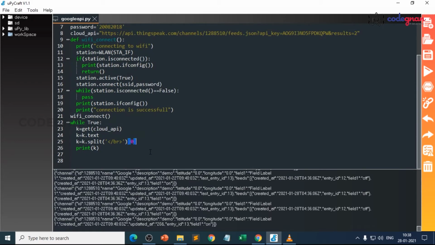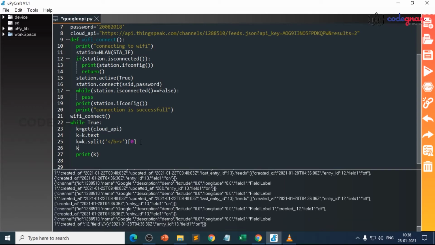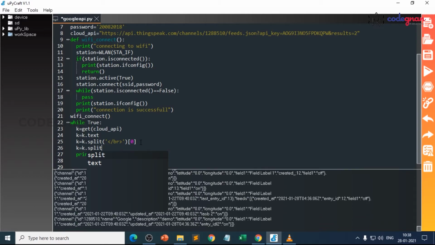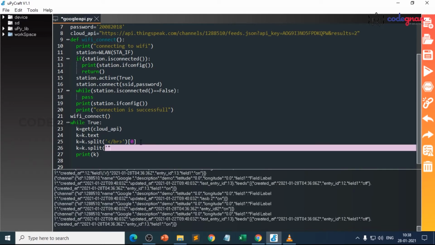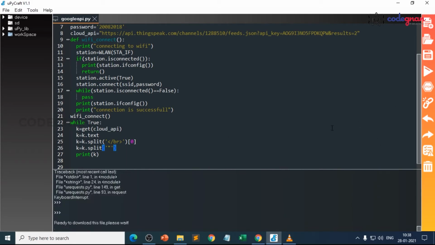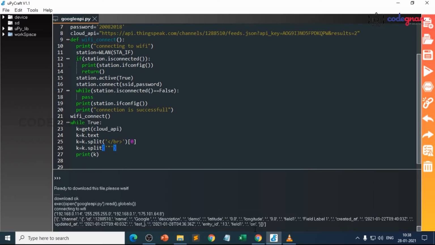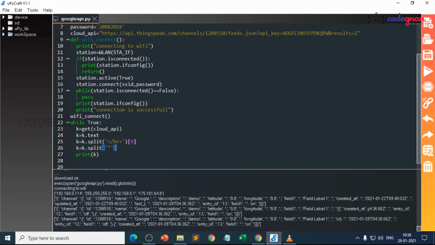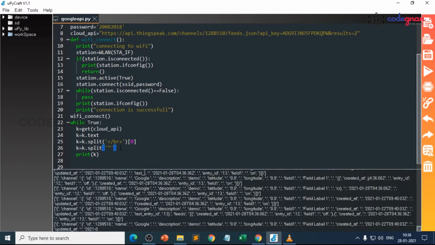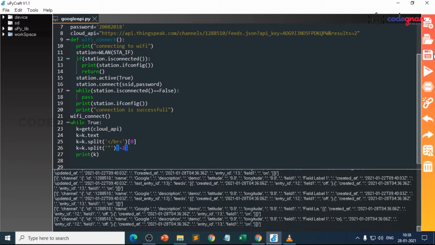Now split this one with the help of double quotations. Here a lot of double quotations are available, so split this one with double quotations here of, and now print the value and run the program. It was now split. Now you can see it is in the second position, so you can write of -2 here. So now you can run the program.